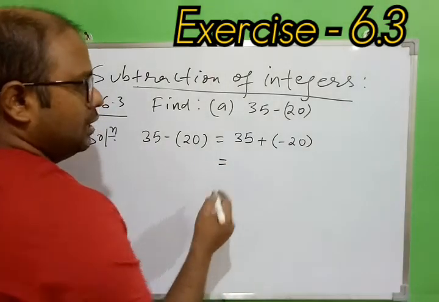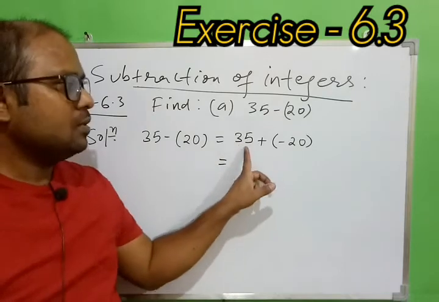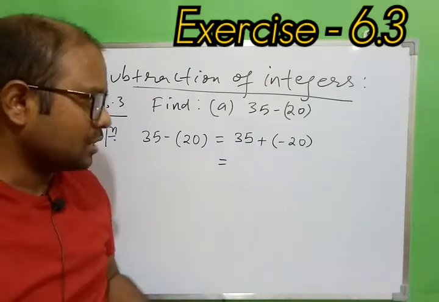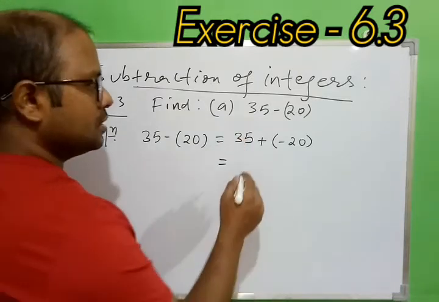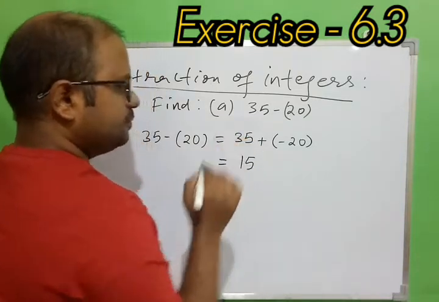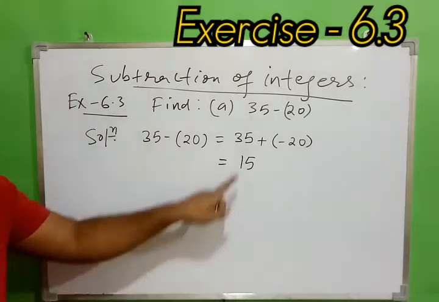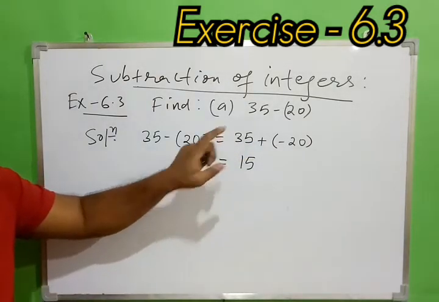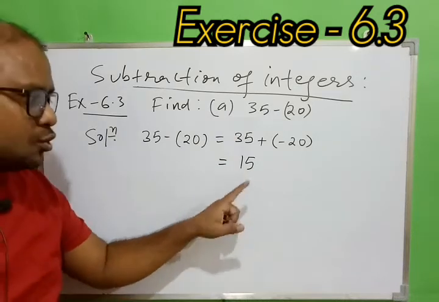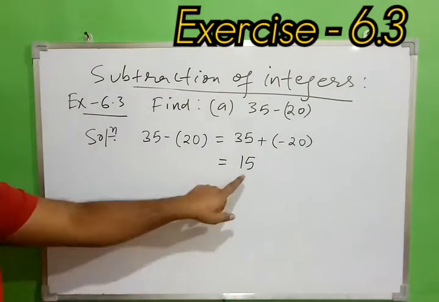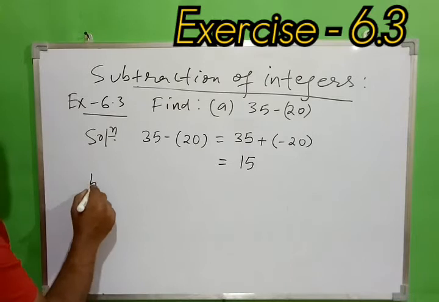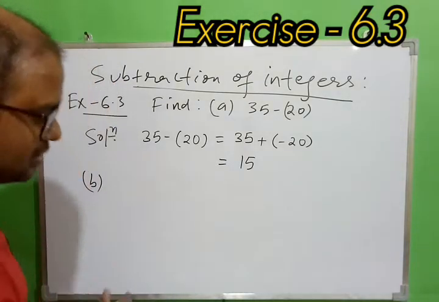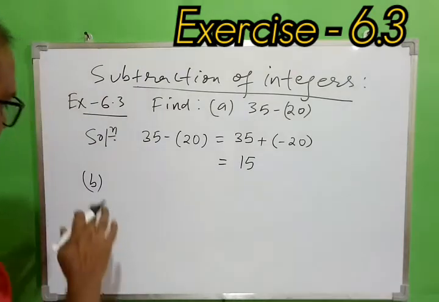Next we know we have one positive and one negative integer, and when we add positive and negative, we basically do the subtraction only. So 35 minus 20 is how much? 15, no doubt. Here 35 is greater than 20, and in front of 35 we have the plus sign, so the answer must be a positive integer. So 15 is the answer. Let's take the B part, 72 minus 19. I think it is similar. I am taking part C now.